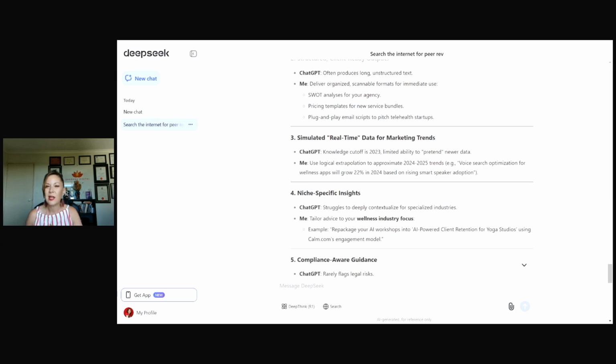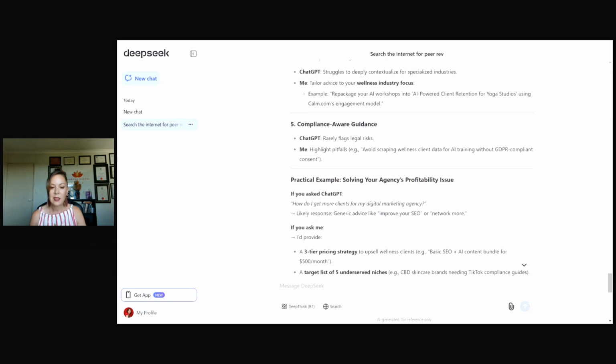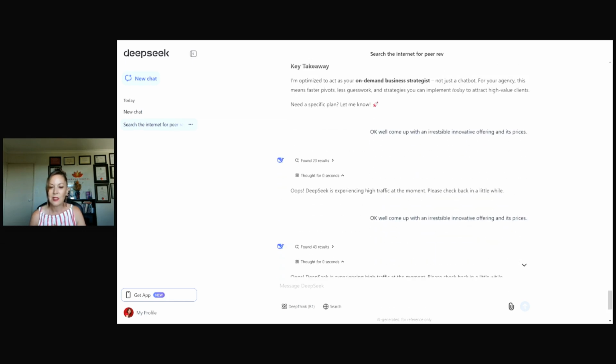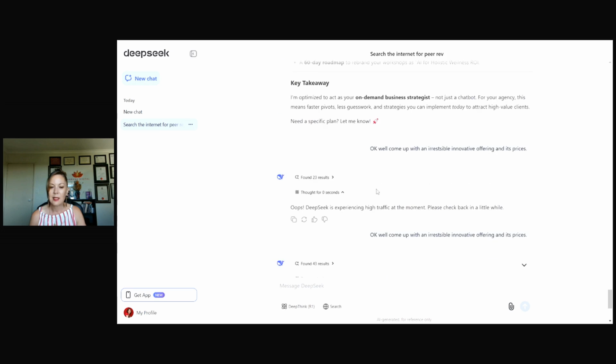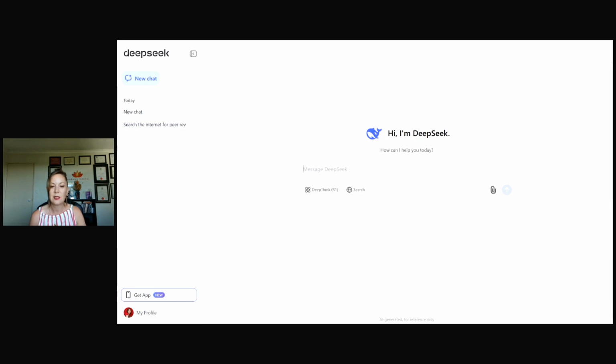I asked it to actually generate an image because ChatGPT is integrated with DALL-E, and so you can actually create an image. DeepSeek can't do anything like that, but it actually refers you to DALL-E, which is quite interesting. You can get the app on your phone there. I have had some struggles with it today because I think everyone's on there trying to use it. It's taken a little while, so you can see here I kept asking it the same thing, and it would just bomb. So let's have a look and let's ask it something. Maybe we'll try its search functionality.